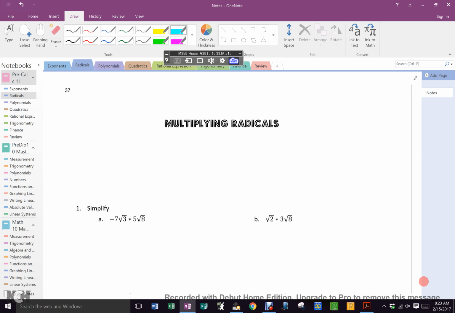Okay? Okay. So the first thing we got to talk about is multiplying radicals. There's a few subtle nuances to multiplying radicals, but the most basic thing is also exactly the same as